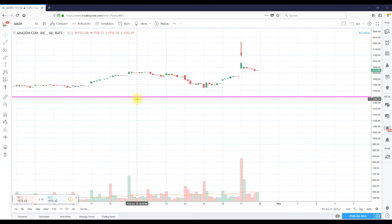Now, I know Amazon is one of these higher price stocks, right? It costs, like I said, $1,600, but you can't look at it that way. Even if you're playing with small size, I didn't short that many shares, right? Say you're someone who has maybe $8,000 to $10,000 to put in this trade. That's anywhere from 5 to 10 shares, something like that. Don't quote me. From the pre-market high of around 1660 to the day's low of like 1570, and after hours today we've rolled over a little bit,